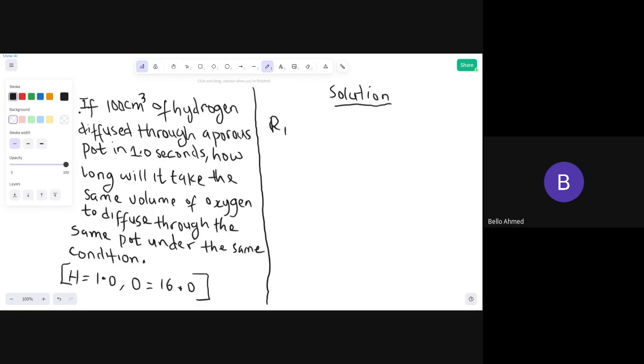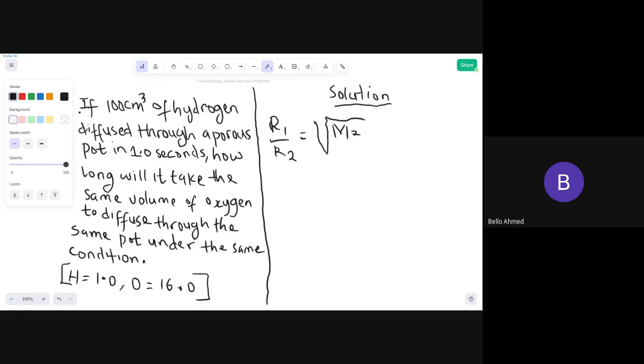So what we are saying is that the rate of diffusion of gas 1 divided by the rate of diffusion of gas 2 is equal to the square root of the molecular mass of gas 2, remember, it is inversely proportional to the square root of its relative molecular mass,